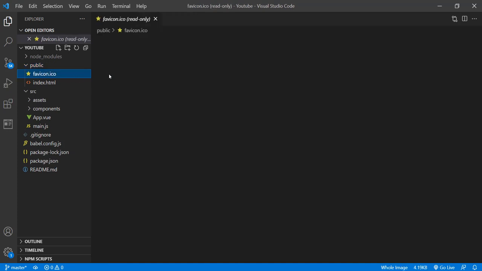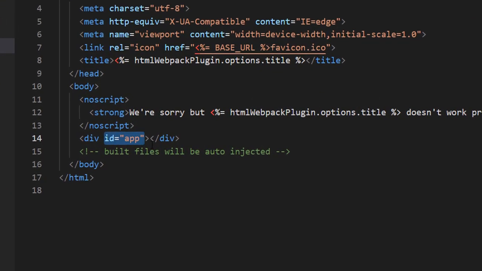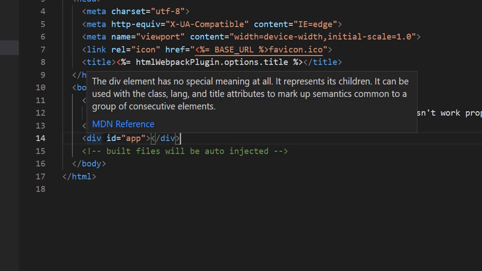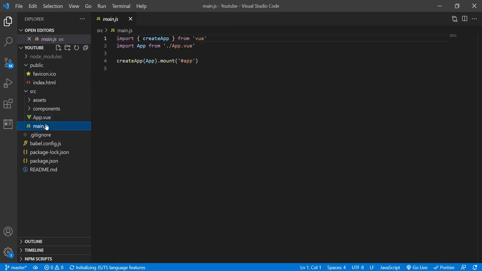We have src now here. We have public here, where we have our icons and the index.html. Okay, now the index.html has the app div, just like in our recent videos, the things we've been seeing. Now this app ID in the index.html is rendering items that are coming in from